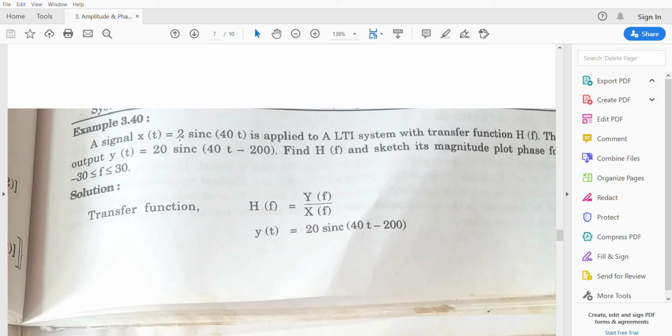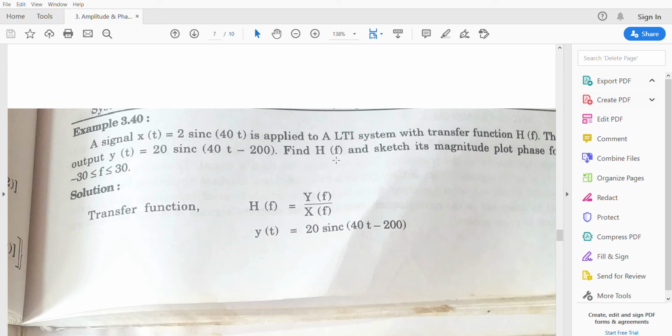x(t) = 2 sinc(40t) is applied to an LTI system with the transfer function H(f). The output is given here: y(t) = 20 sinc(40(t - 200)). Find H(f) and sketch its magnitude plot and phase plot. Okay, so now dear students, here the input x(t) is given and the output y(t) is given, both in the time domain, and we have to find the transfer function, that is H(f),